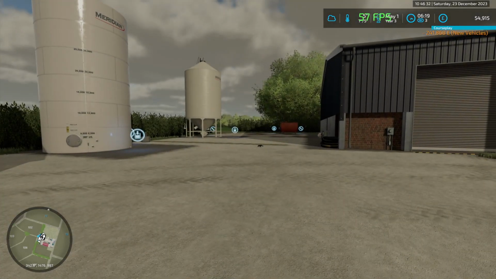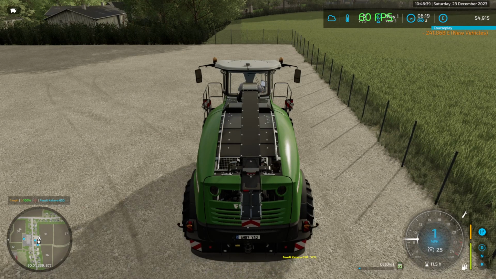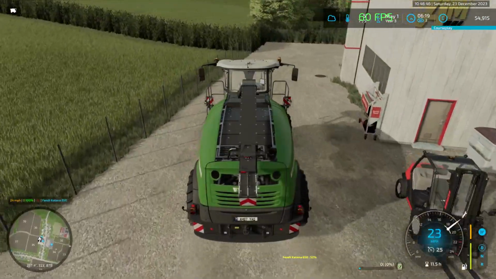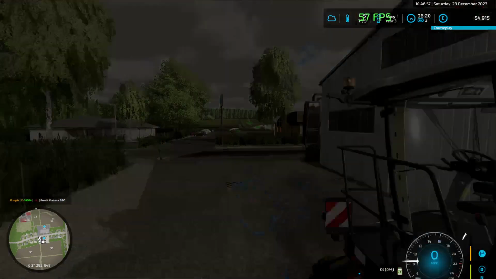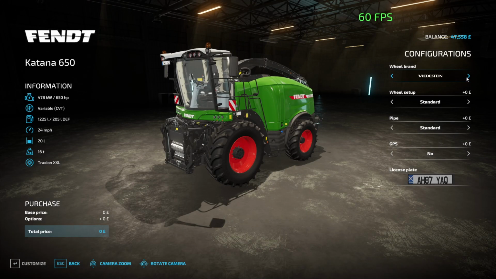I can fetch my purchase from the store. Here it is. Now, oh, and it needs fixed. We're going to get an idea of how much this thing's going to cost us to fix. Okay, it needs fixed. Ooh, that's painful. The repaint is painful for how much you're actually doing. Down to 47,000. I want Vredestein wide tyres with an extra long pipe and no GPS because this is going